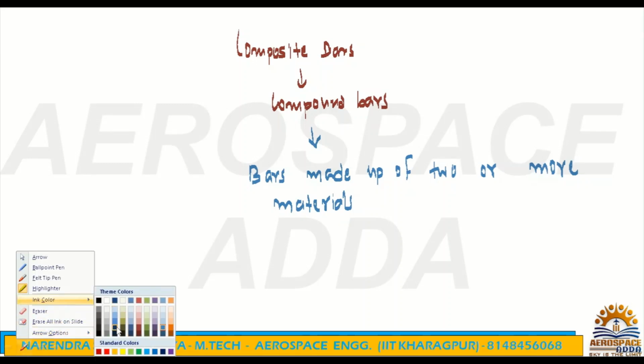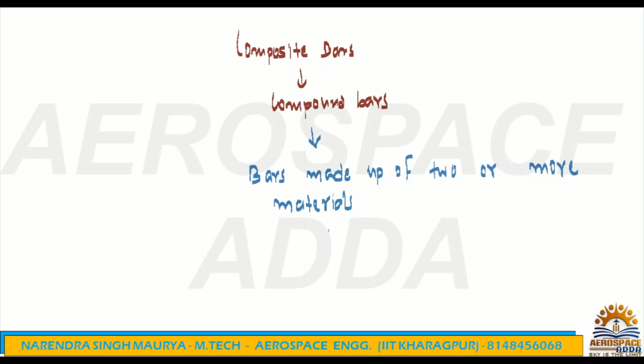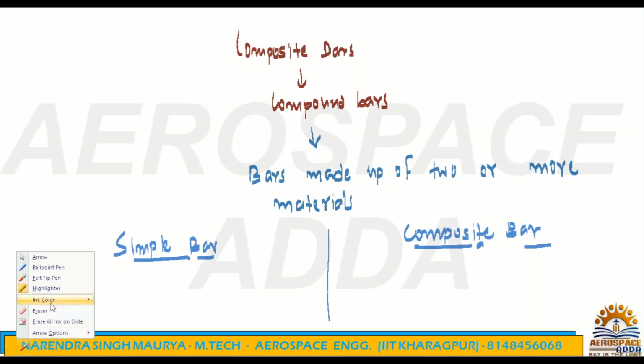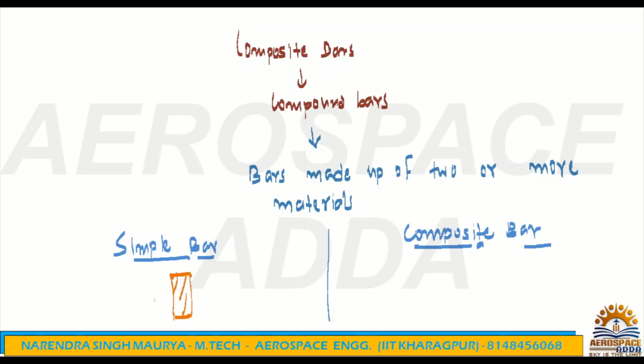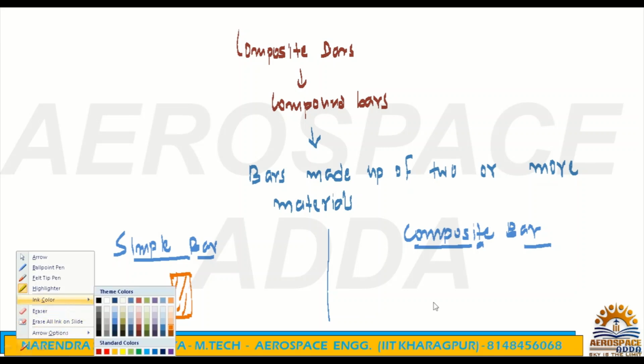Now I'll show you, this is a simple bar. And here we have a composite bar. Okay. Simple bar means any bar which is made by one material is called a simple bar. But once I talk about the composite bar,